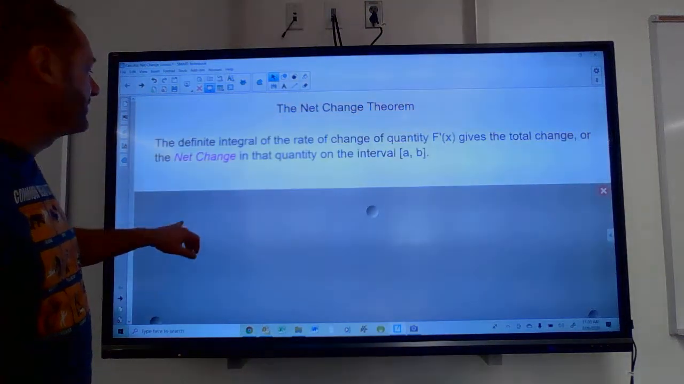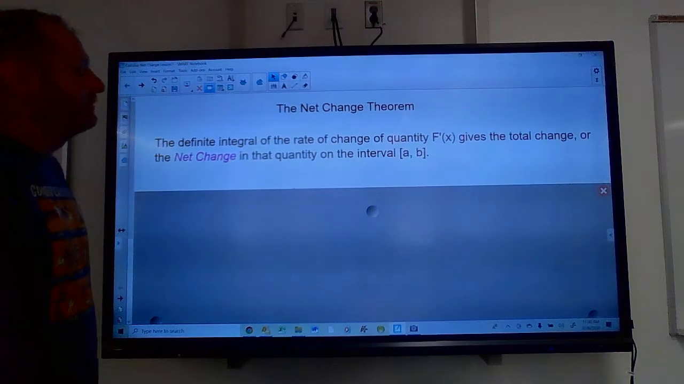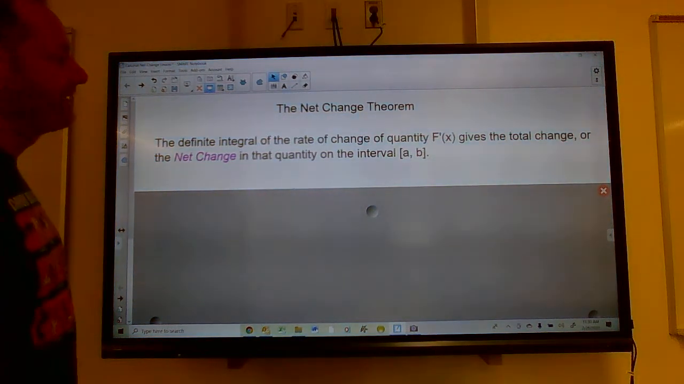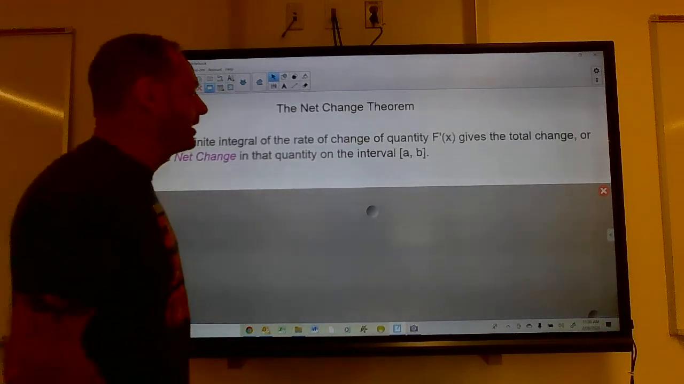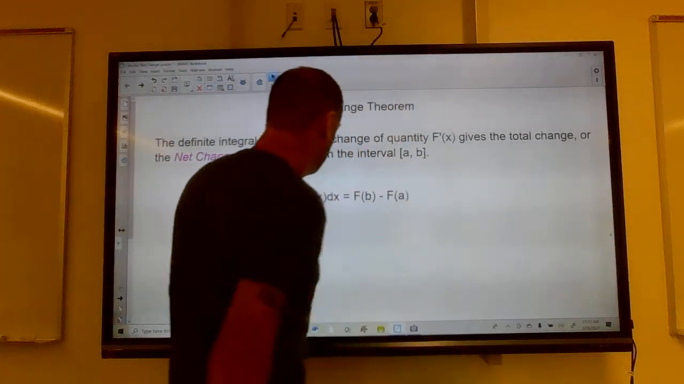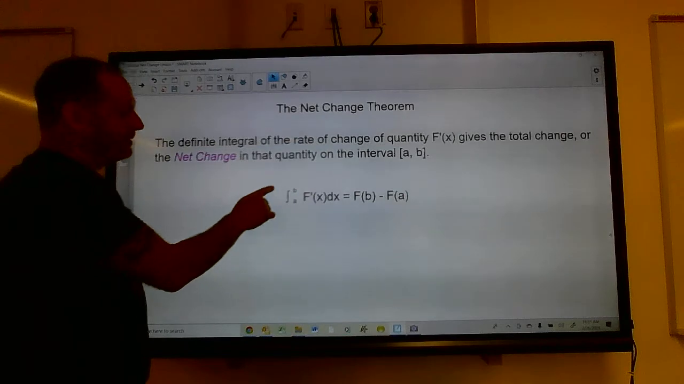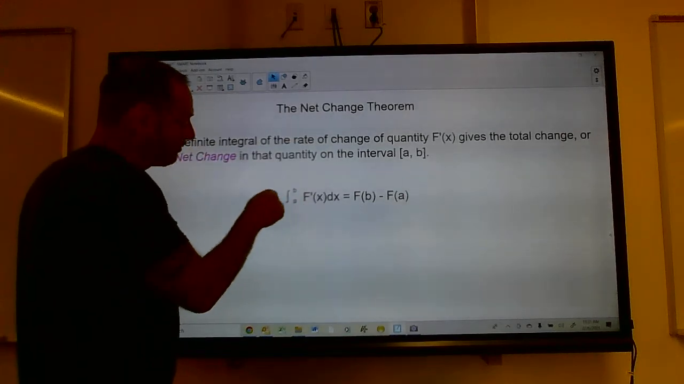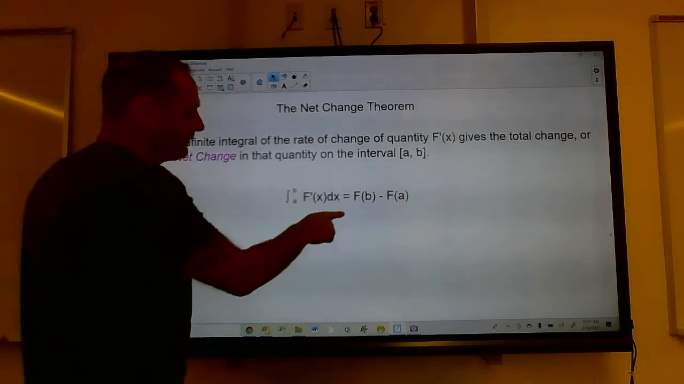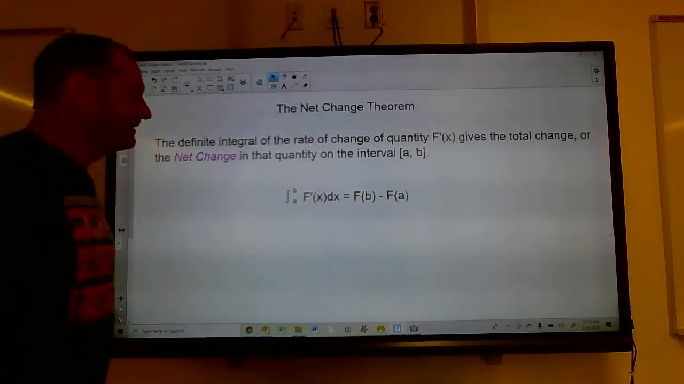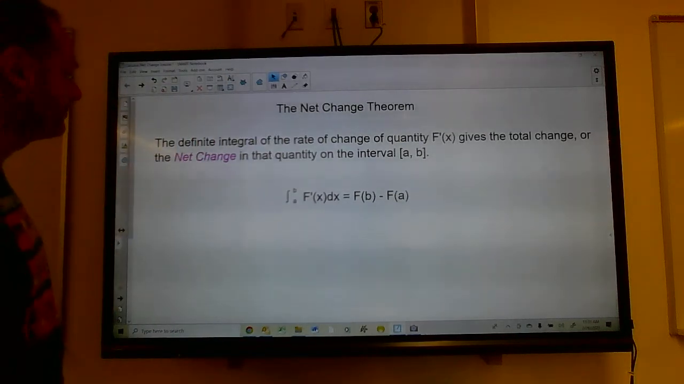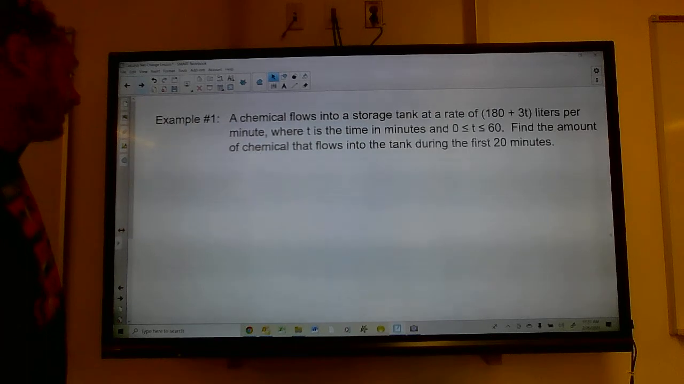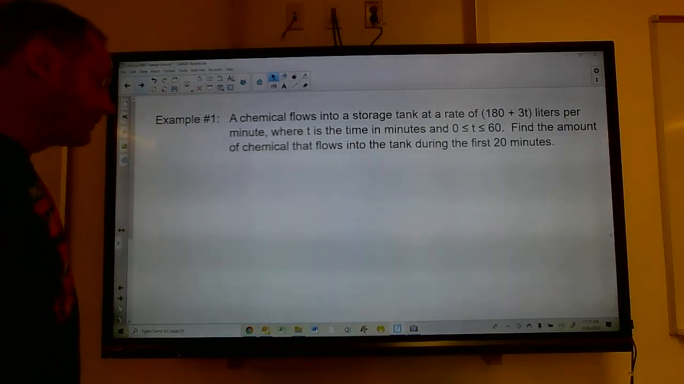So the definite integral of the rate of change of a quantity F prime of x gives the total change or the net change in that quantity on an interval [a, b]. So the integral from a to b of F prime of x dx equals F of b minus F of a. All right, what does that mean? So let's look at